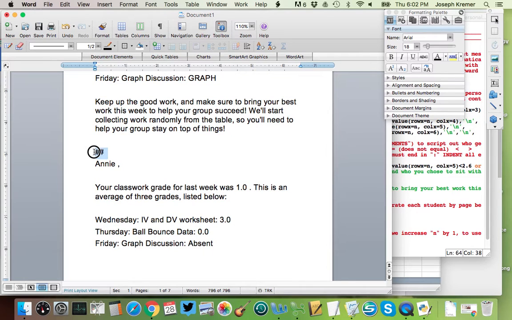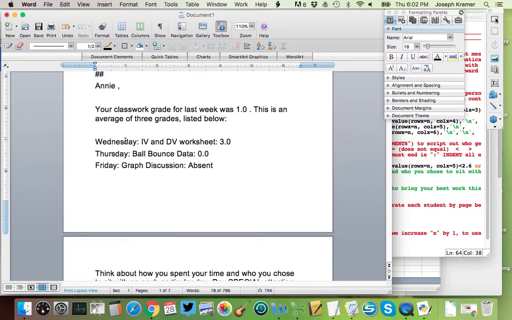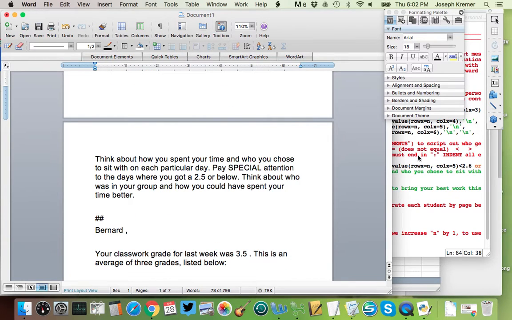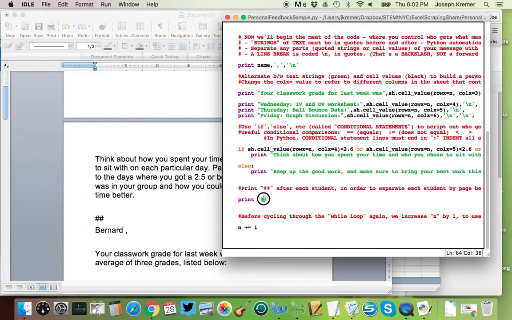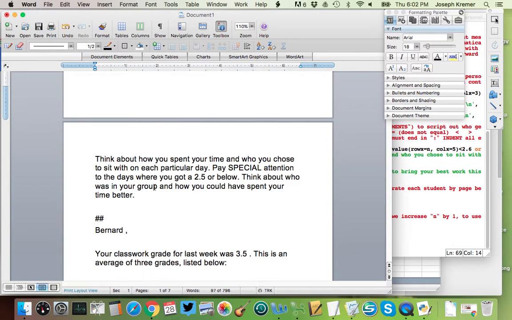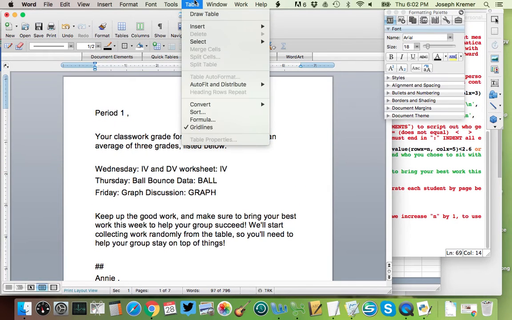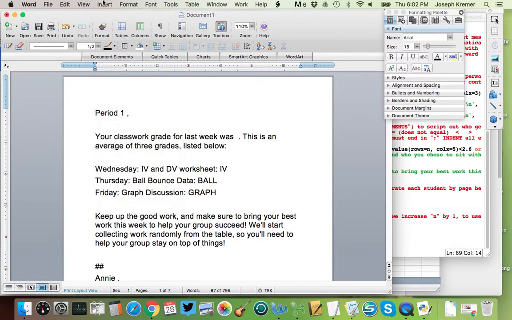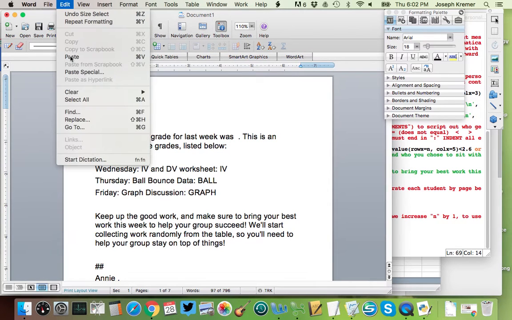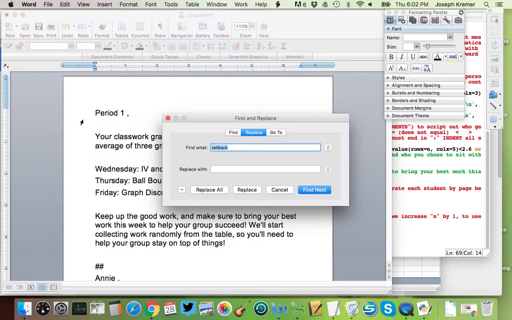You'll notice I have these double pound signs in between each of the students. That is built into the code. The last line of the code is to print those two pound signs in between every two students, because then in Microsoft Word I can go edit, replace, and find any